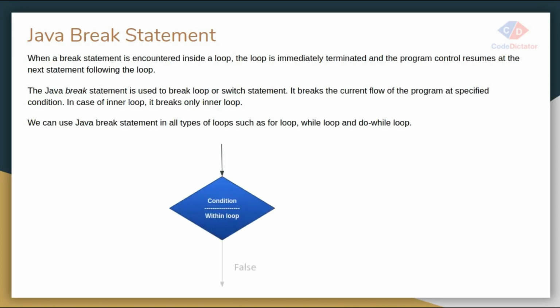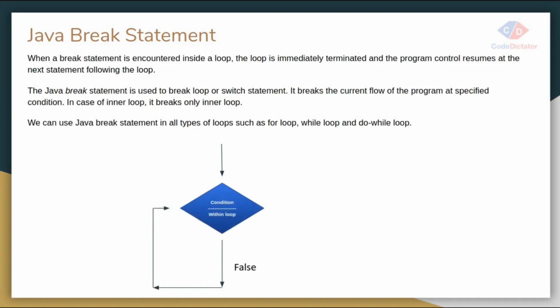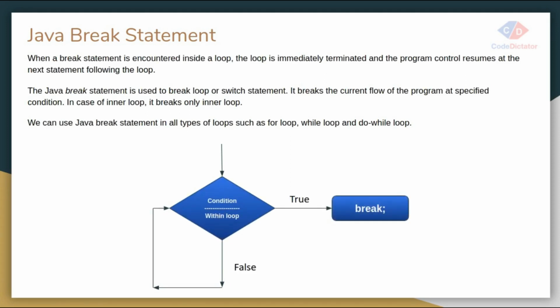Whenever I am executing any condition or any loop, until that condition is satisfied, I can iterate my loop again and again. But if I want to terminate that block of statements forcefully, I can use my break keyword. I can use it with a switch case, if condition, for loop, anything. It will break that current executing loop. So let's understand this example.